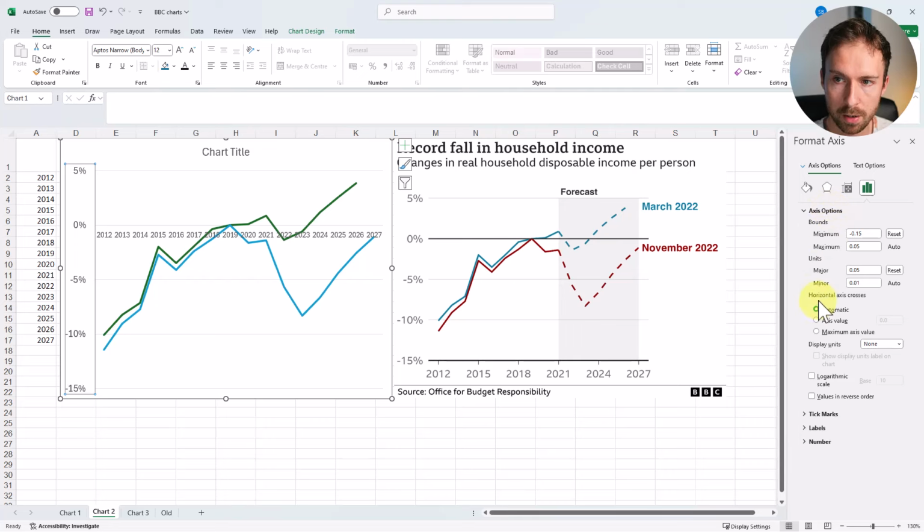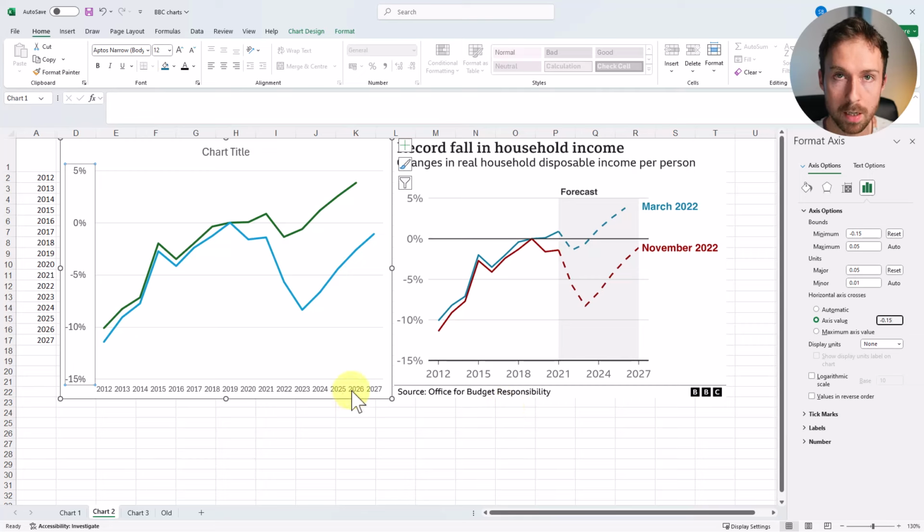Now, under the bottom here, you'll see an option that says horizontal axis crosses, and it's currently set to automatic. Now, what we can do is actually set a value where this is going to cross. And specifically, we want this to be crossing minus 15%. So I need to change this value to be negative 0.15 and click enter. And now you will see the x-axis has been shifted right to the bottom to cross that negative 15% mark,